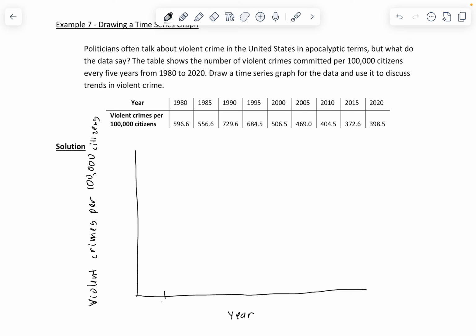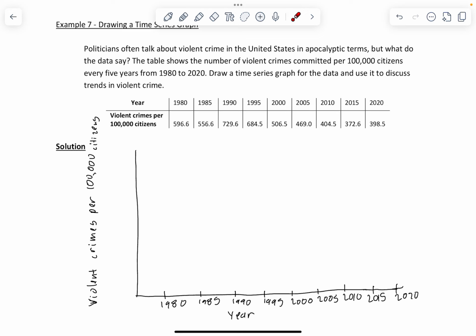Okay, so let's just put those years. We've got 1980, 1985, 1990, 1995, 2000, 2005, 2010, okay, 2015, 2020, okay. And over here we might go, I've got numbers that are kind of in the hundreds, so I might be inclined to scale these in increments of 100, but you still want to start at 0 here,